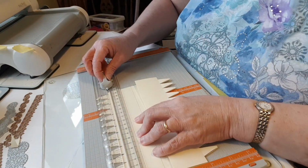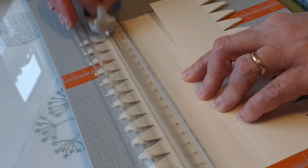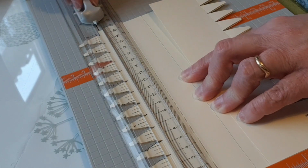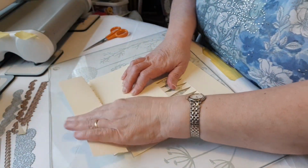Okay, so I'm going to come along there. Let me try and tilt the camera down some more and zoom it in so you can see where I'm going with that. That's a bit too zoomed. There we are. So I'm scoring along the bottoms of the triangles. Okay, and you do that on both sides. Put that out of the way. Put the camera up a bit and zoom it back out. Okay, so you do that on both sides, and then you fold that side up